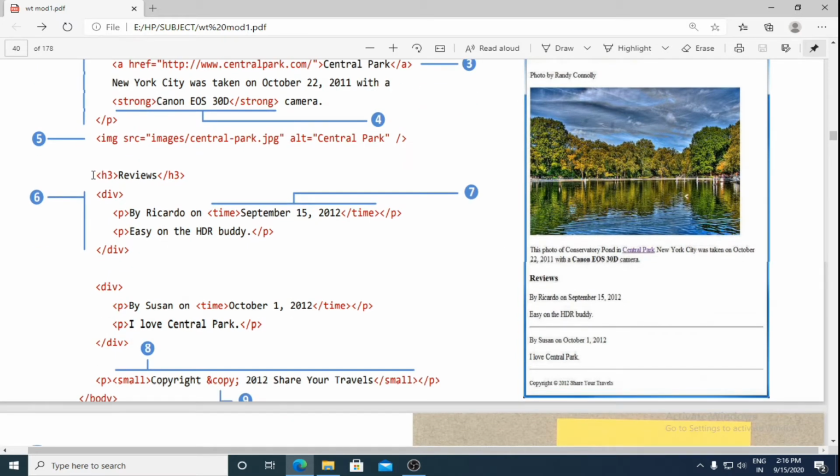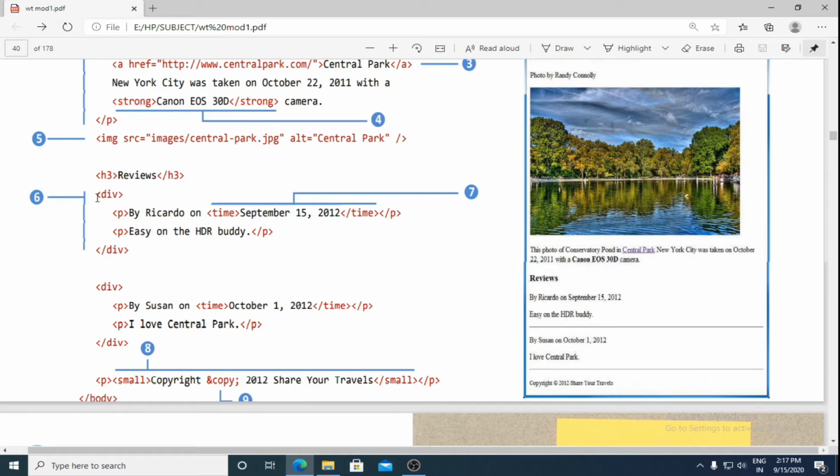Then they have made use of one more heading, and that heading is Reviews, using the h3 element, which you can see here in the output. Next they are making use of another element known as div. It is used for division. This division element is used for logically dividing a section. There will be no break or anything like that, it just logically divides that section from the other section.